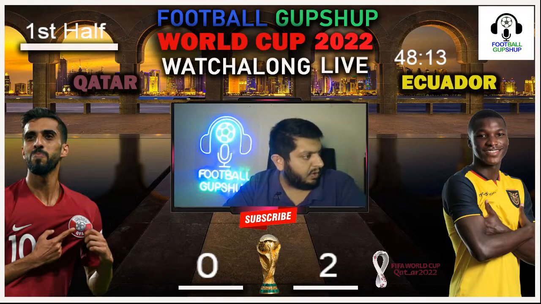Once again, Ecuador on the ball, pushing the ball forward. Ecuador on the ball once more. This is turning out to be very interesting. Let's see what is going to happen. And right now, ball being pushed forward. And Ecuador right now with the ball, trying to push that ball forward.